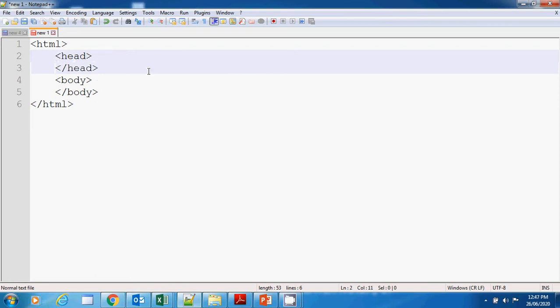Under the head section, we can write CSS, JavaScripts, meta tag descriptions, titles and so on. Under the body tag, whatsoever text or images and tables, lists, whatsoever we want to display on a web page, all those things will come under the body tag, right?